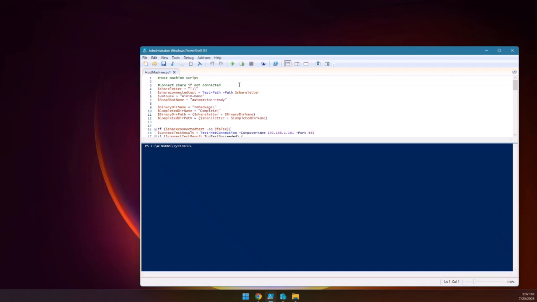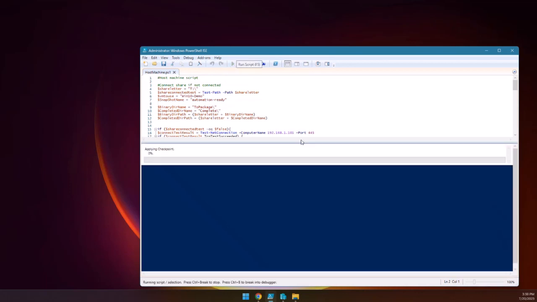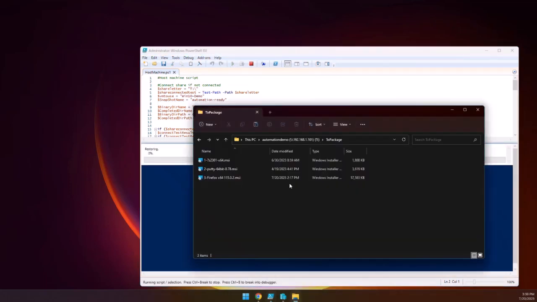Next, I do have a PowerShell script that goes out to my network share. It's configured to point to one of my Hyper-V machines and refers to the snapshot. So each time it automatically packages one of the MSIs, it will go out and revert back to that checkpoint on Hyper-V. So I'm going to go and start the script, and it's going to start cycling through these MSIs